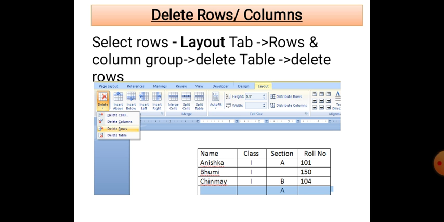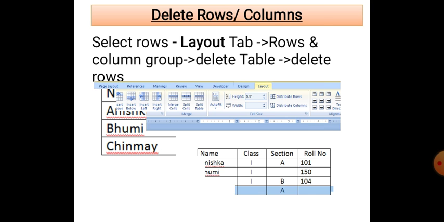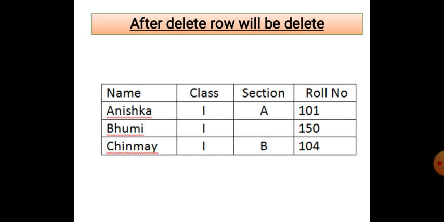After selecting rows or columns, we will come to the layout tab and the delete option. In the delete option, we have to select delete row to delete the row or delete column to delete the column. Here we will click on the delete row option and we will find that the row is deleted from our table. In the same way we can delete the column. We can also use the shortcut menu by placing the cursor in any cell of the row or column, right clicking and choosing the delete row or delete column option.